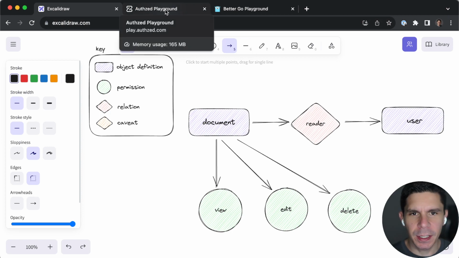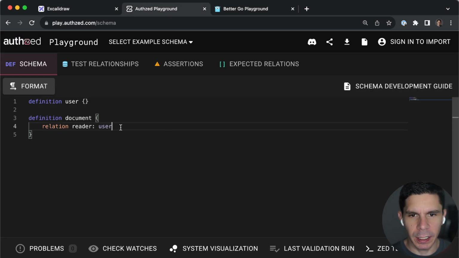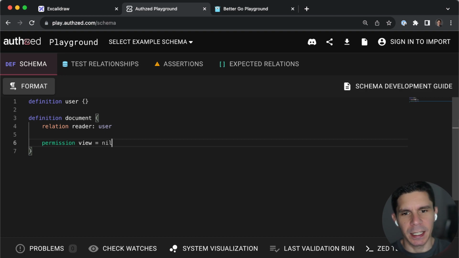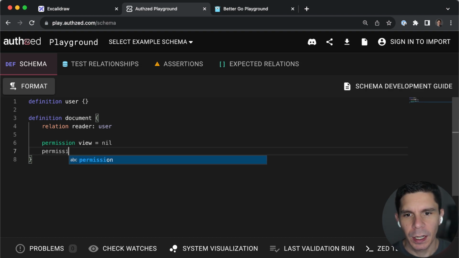And now expressing this in the playground would look like this. So in the playground, we're going to say permission view. And we're going to start off by having that expressed as nil. What nil signifies here is that we want to skip the computation, but it's totally valid syntax. And it's saying that no user or no entity of any type should be considered as having view permission on a document. Then we'll add our others, edit,